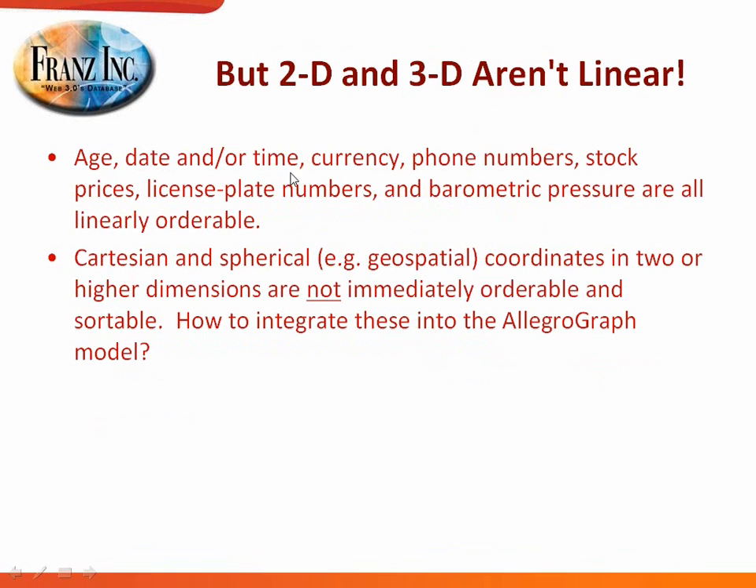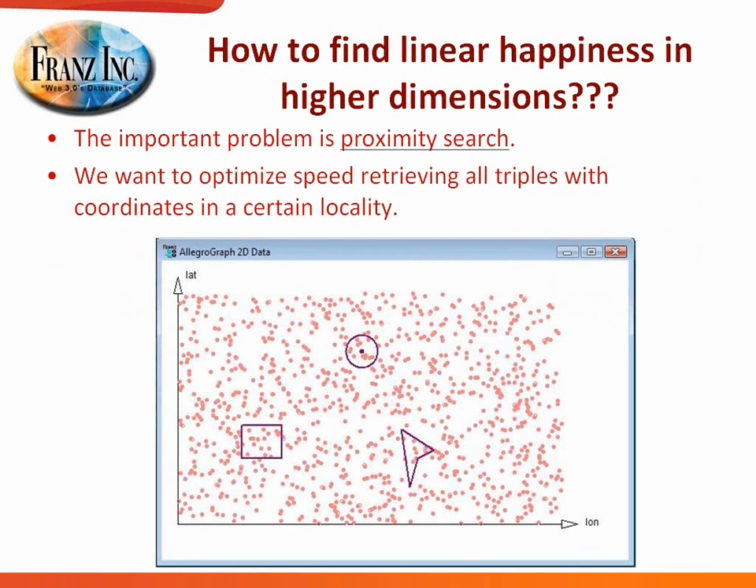But what do you do when you have Cartesian or spherical coordinates? They're not orderable and sortable. So how do you integrate it in the AllegroGraph model? You want to find linear happiness in higher dimensions. And the most important problem is proximity search. So you have XY data,